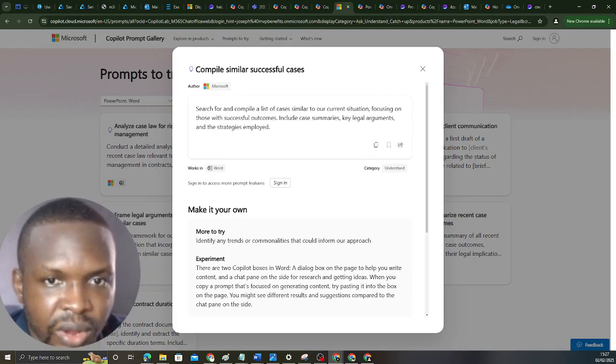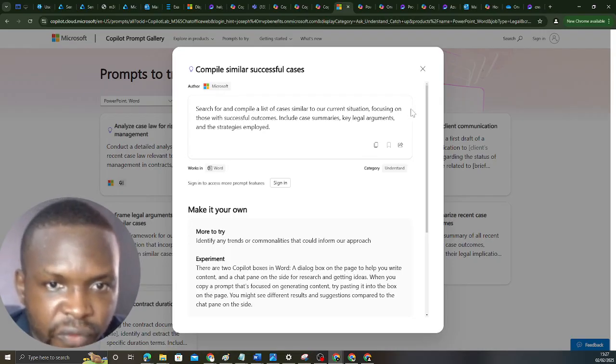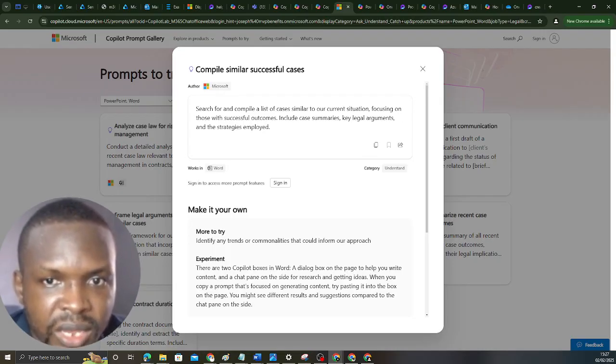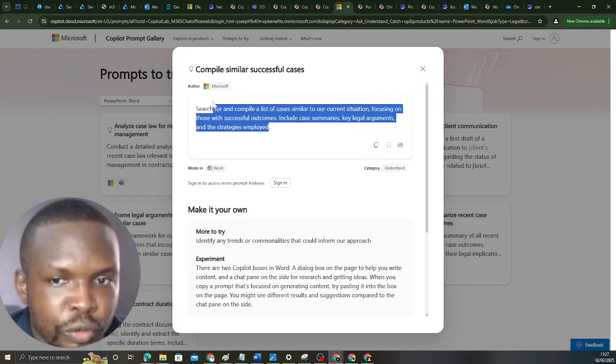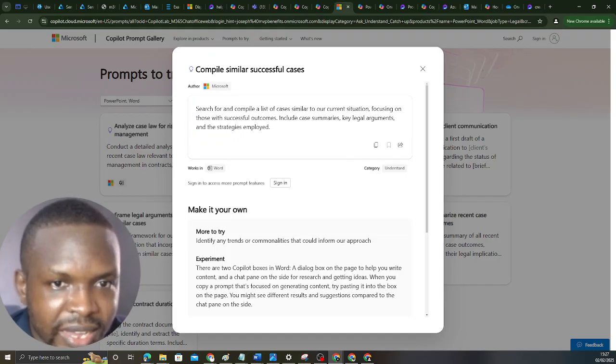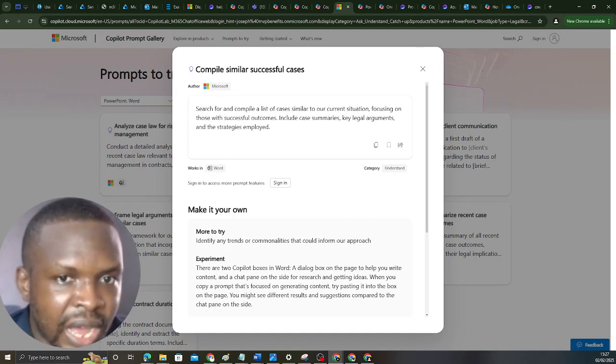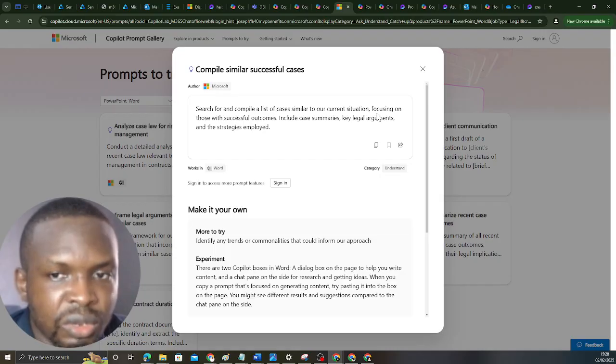So this is saying search for and compile a list of cases similar to our current situation, focusing on those with successful outcome, including case summary, key legal arguments, and the strategies employed. Now with this, you will be able to understand how a Copilot prompt actually works. You will see that it is action that is speaking here, and then a description of what you want that action to be. Search for, that is an action, and compile, an action, a list of cases. This is now the description of the noun, of what you wanted to do, similar to our current situation, focusing on